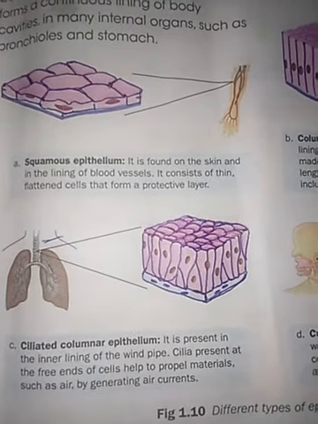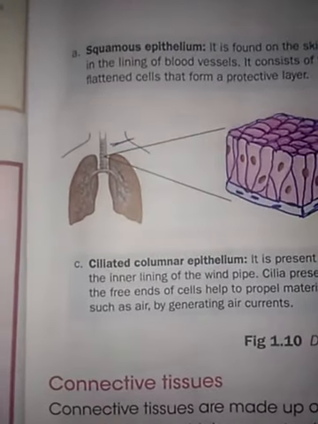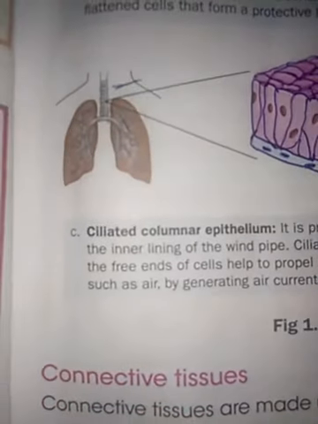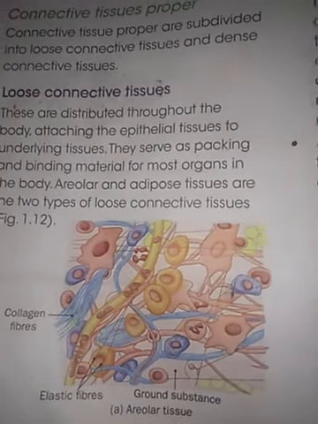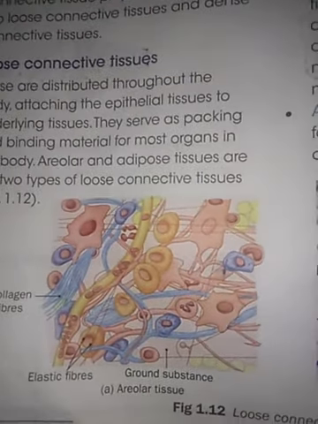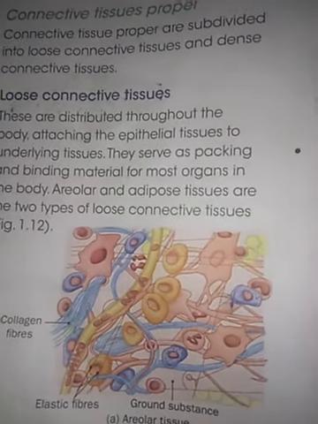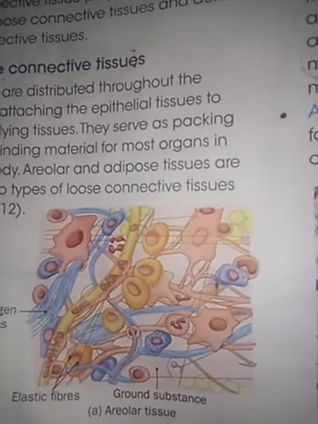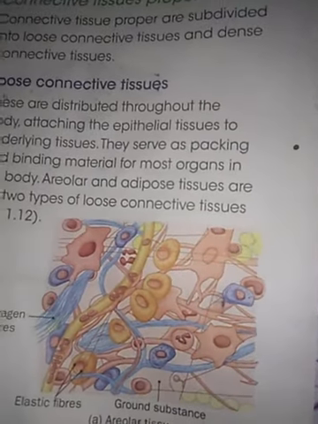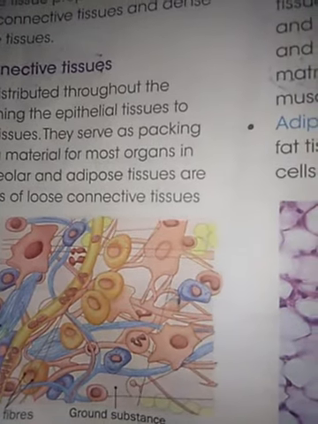What is the use of connective tissue? Connective tissue is used to give support and bind the different parts of the body. Our body is made up of different parts. Yes or no? These parts are joined with the help of connective tissue. Understand, students? For example, if you have to build a house, what are the things needed? Yes, bricks, sand, etc.